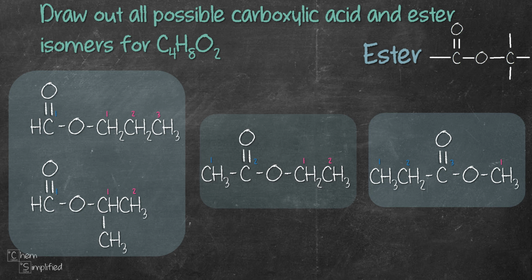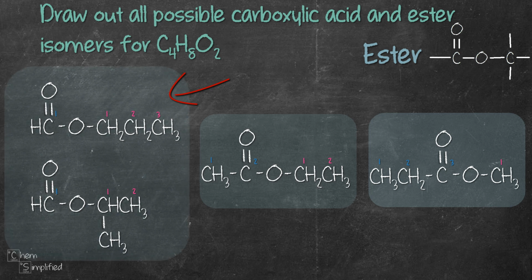Keep in mind that each carbon makes 4 bonds, so make sure that every structure has 8 hydrogens, no more and no less. Quick recap on how we drew all 4 isomers for ester. We started with 1 carbon on the carbonyl group and then we placed 3 carbons after oxygen. Since we can shorten the 3 carbon chain to 2 carbon, we then drew the second isomer with the 2 carbon and extra carbon sticking on C1.